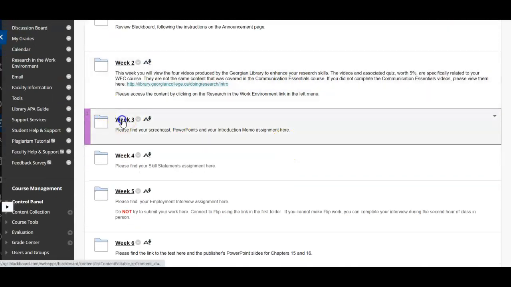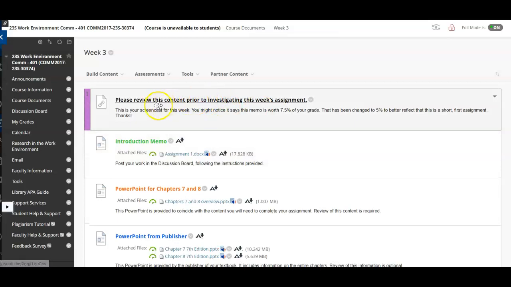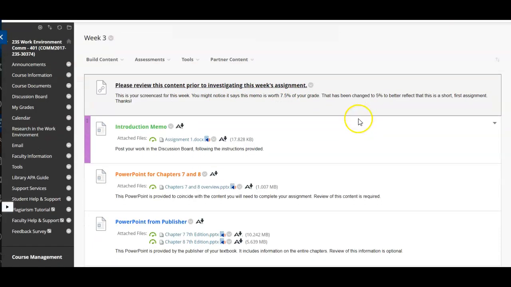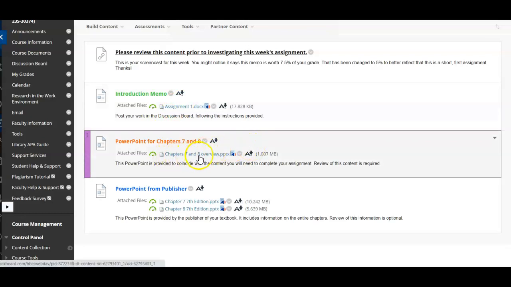All right, week 3 is a good example of how I have this laid out. Here's a screencast. A couple of my screencasts are recycled, so you're going to notice small changes. I have made note of the differences here, so just be aware of that. The assignment itself is here, where you will open it as a Word document, post it in the discussion board as required. I do overviews of the chapters. These highlight the key components of the chapters that I want you to use as you prepare your assignments. They are not a complete overview that you would need for a test situation.